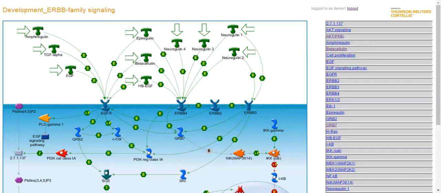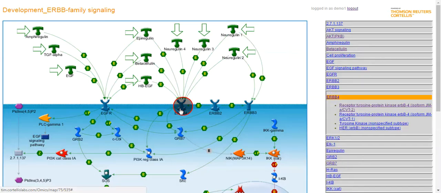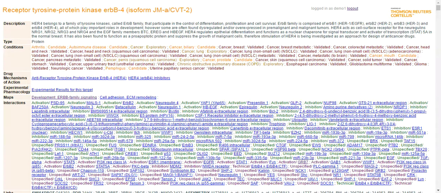Back on our interactive map, we will look at the binding interaction we looked at previously between ERBB4, a receptor with enzyme activity, and GRB7, a generic binding protein. In the map, we will click the ERBB4 object to expand the information on it on the right-hand side list of objects, and then click the first entry to display all of the related information, including the description,